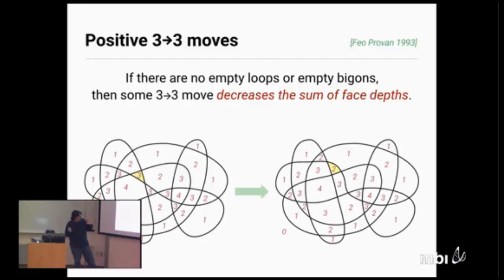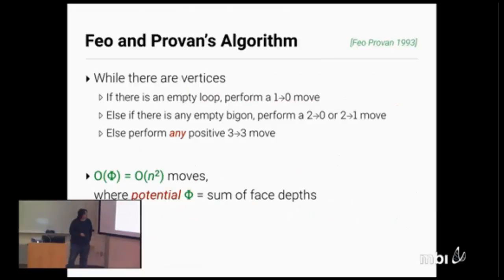And what they proved by an incredibly convoluted, opaque case analysis is you can always find either an empty loop, an empty bygone, or some triangle where if you do the corresponding triangle move, the potential will go down. Specifically, the depth of the face that you remove is going to be bigger than the depth of the face that you introduce, and all of the other depths will either stay the same or possibly go down. And so this leads to another algorithm that can do this reduction in n-squared moves,